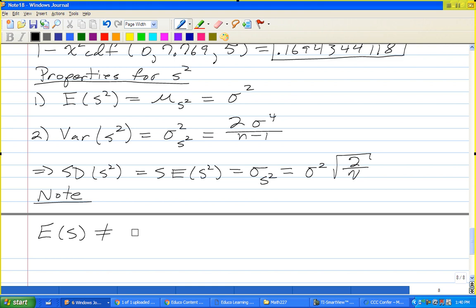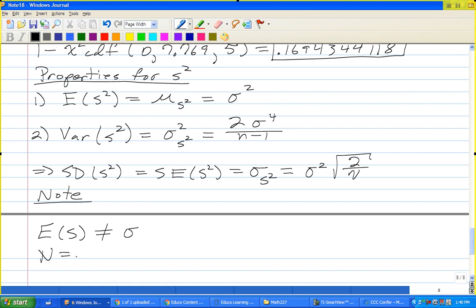So the sample standard deviations do not target the population standard deviation. Even though sometimes we'll just sort of punt and say, well, it's close enough, we'll use the sample standard deviation to approximate the population standard deviation. Okay, next,